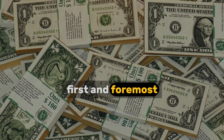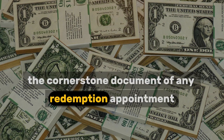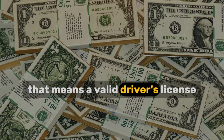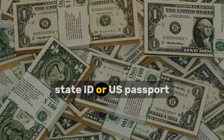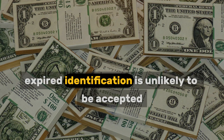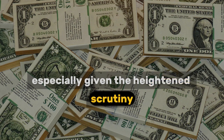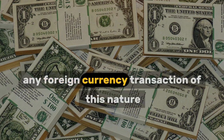First and foremost, the cornerstone document of any redemption appointment will be your government-issued photo ID. That means a valid driver's license, state ID, or U.S. passport. Expired identification is unlikely to be accepted, especially given the heightened scrutiny that will accompany any foreign currency transaction